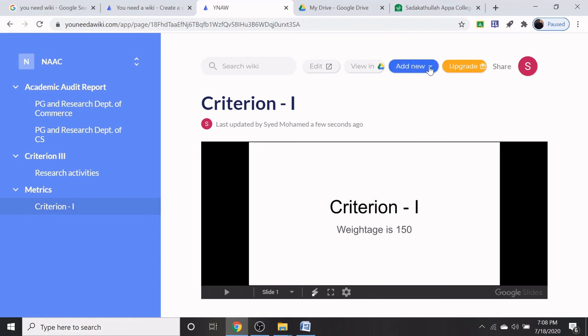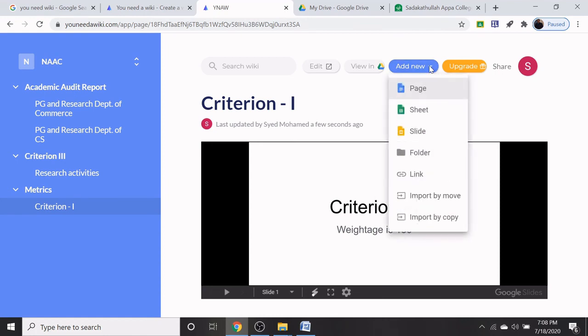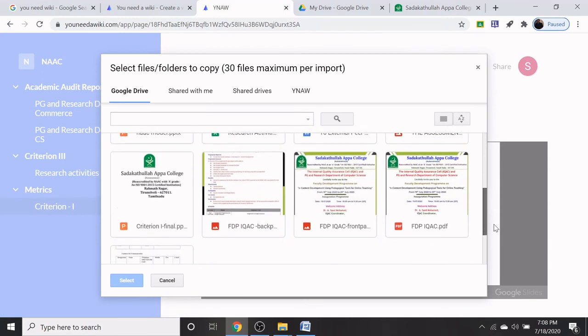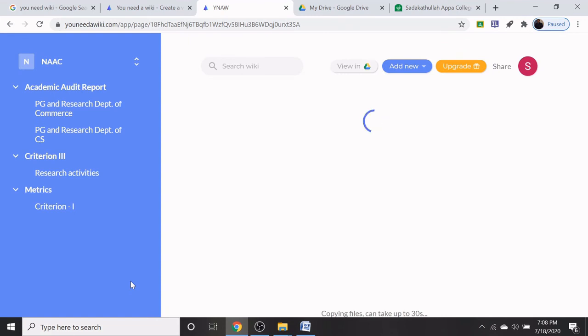Likewise, I am going to import by copying from my Google Drive. For example, I am going to copy the criterion 1 PPT from Google Drive to a wiki page.